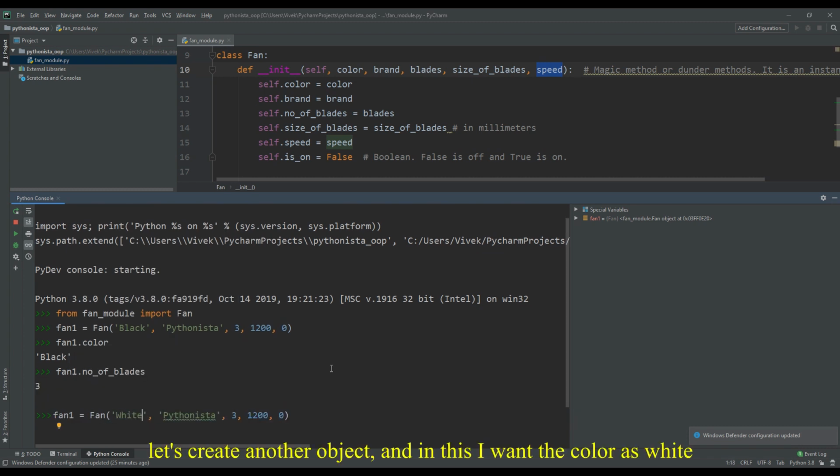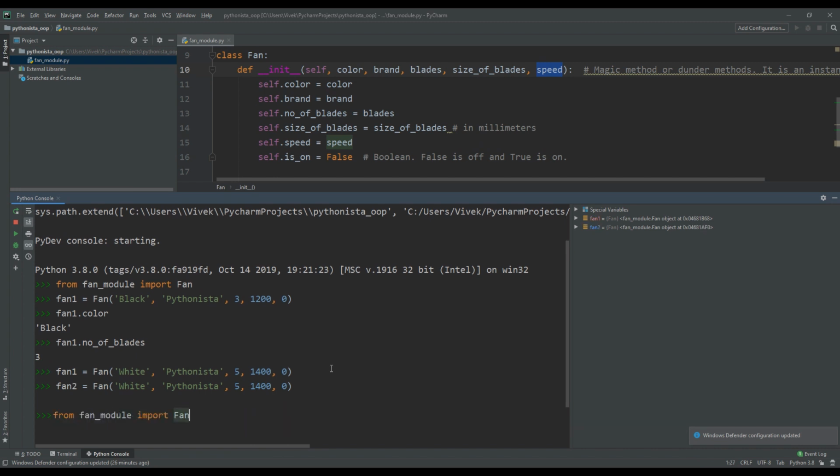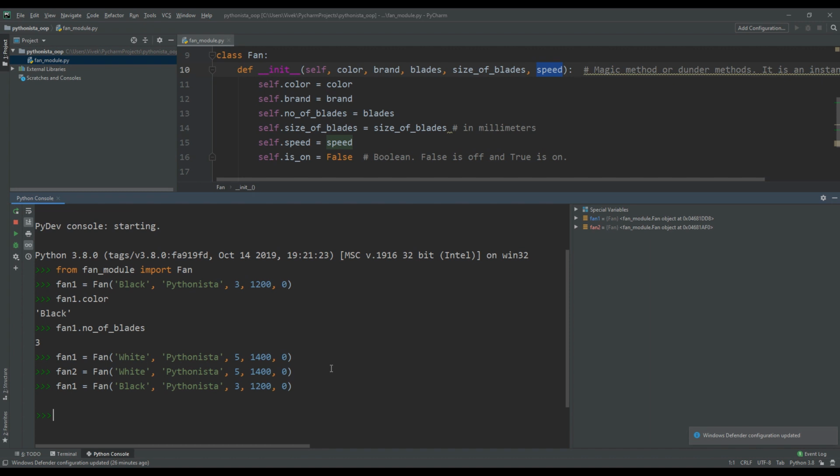Now let's create another object. In this I want the color as white with 5 blades and I want 1400 size. Fan 2 and fan 1. So now you see I have created two objects, one is fan 2, one is fan 1, and both I have created with different parameters.